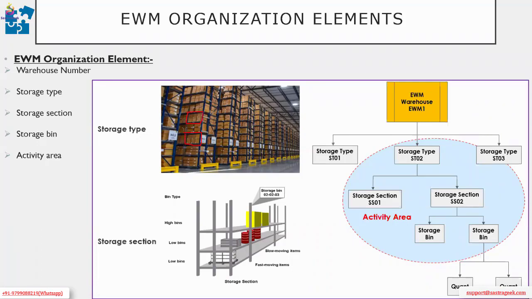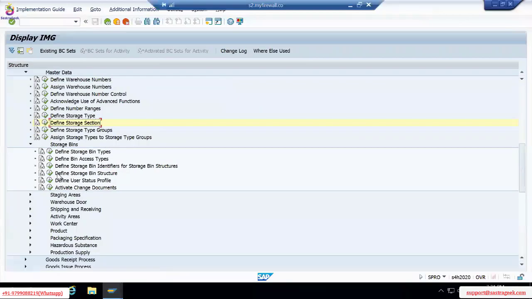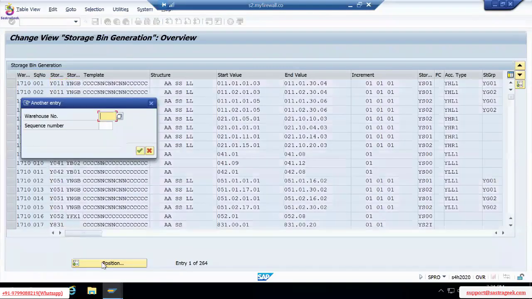Because you see here, we have RO2, RO3, 4, 5, 6, 7. That's how we are defining this entire structure through an identification. There is some kind of identification which we need to create. So how do we do that? That is where we need to have the bin structure defined in the system for our warehouse. So if you take ZWM1,